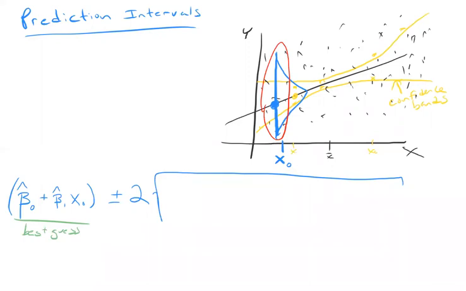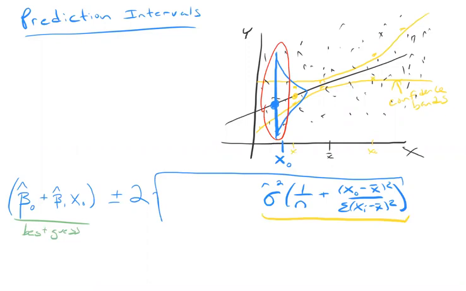So the first thing I'm going to do is just copy down the variance that we use for the confidence interval, sigma hat squared times the quantity 1 over n plus x naught minus x bar squared divided by the sum of the square distances on x, okay? And this whole part reflects my uncertainty about where the line goes. It's my uncertainty about the mean of y, given that x is equal to this particular value of x naught. So I'm not done yet, right? If I stopped here, this would look exactly like the confidence interval.